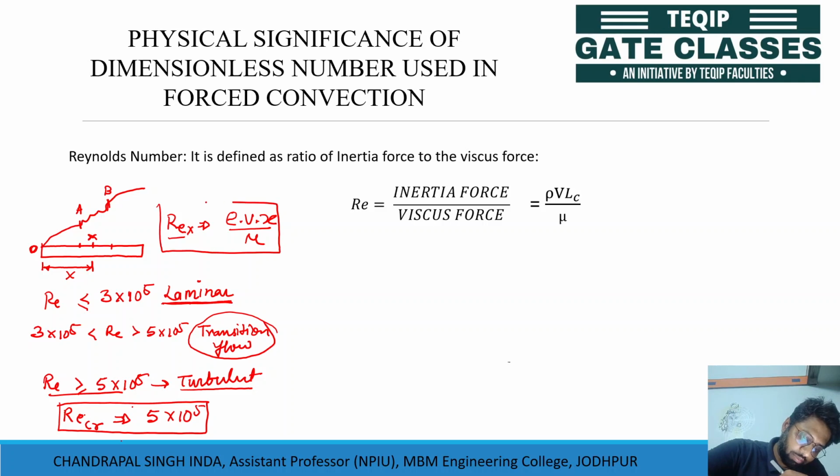Here we can say that Reynolds number is a function of x, as the length varies from the leading edge, the value of the Reynolds number varies. So in external forced convection, the Reynolds number varies with the change of the point over the flat plate from the leading edge. Now let's look at internal forced convection.